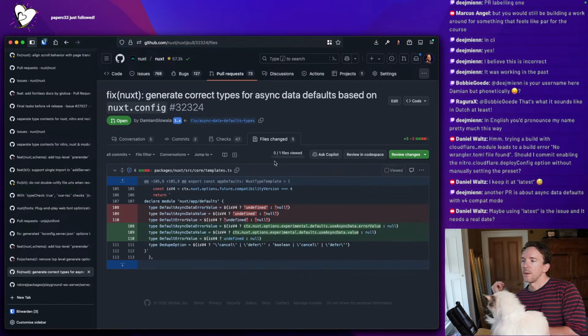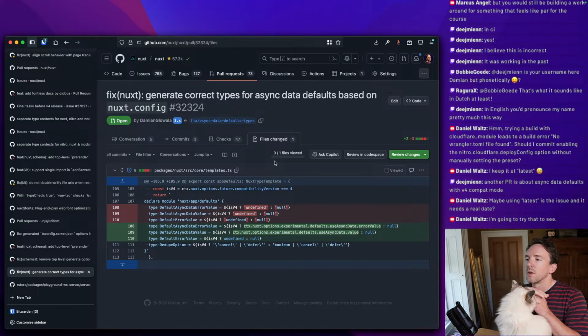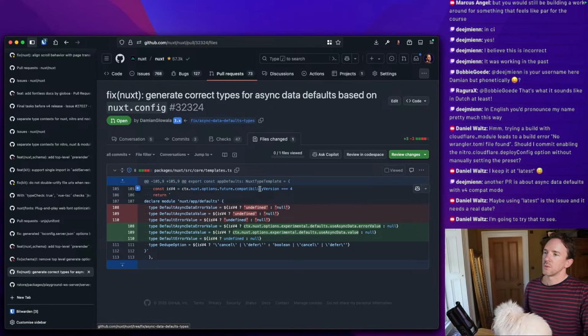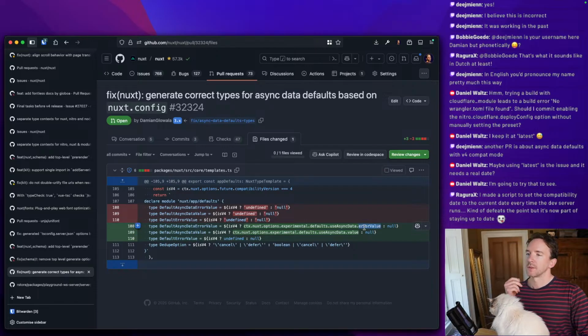So the issue is that, okay, is this only true in 3.x? Because actually I think it's not based on isv4 at all. If the error value is assigned, then it should just be